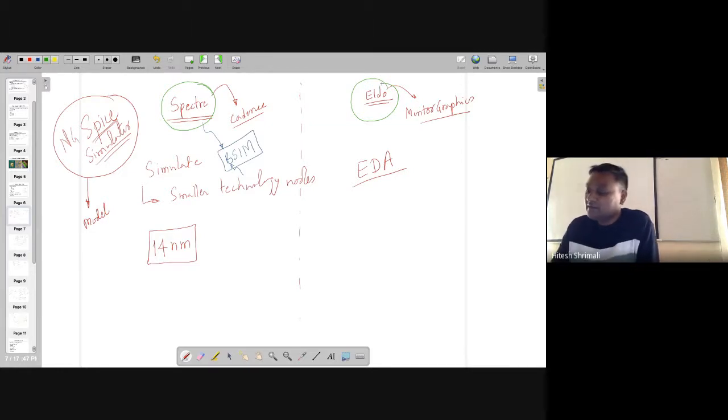This is, by the way, from another company called Mentor Graphics, one of the competitors of Cadence. But the good part is Cadence has developed itself so much that you are using these models in Cadence itself. So either you can go for Spectre or you can go for Aldo.